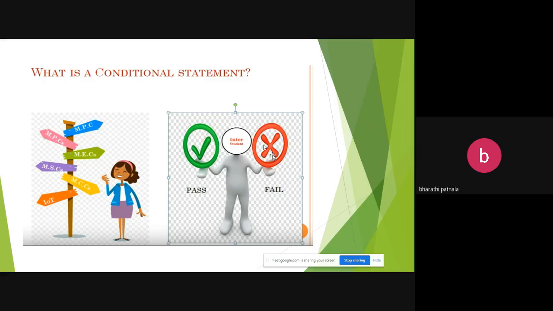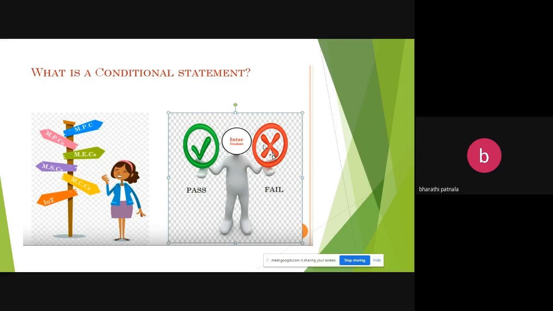You have to check one condition. Here the condition may be a constraint. For example, check whether a person is eligible for voting or not. If the person has age more than 18, you can say he is eligible for voting.